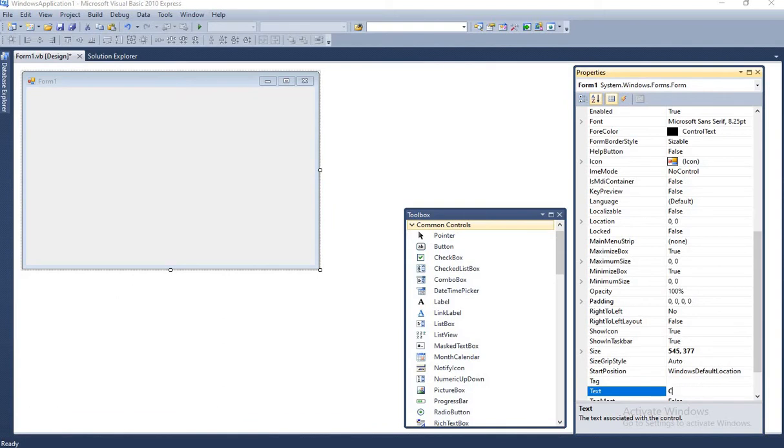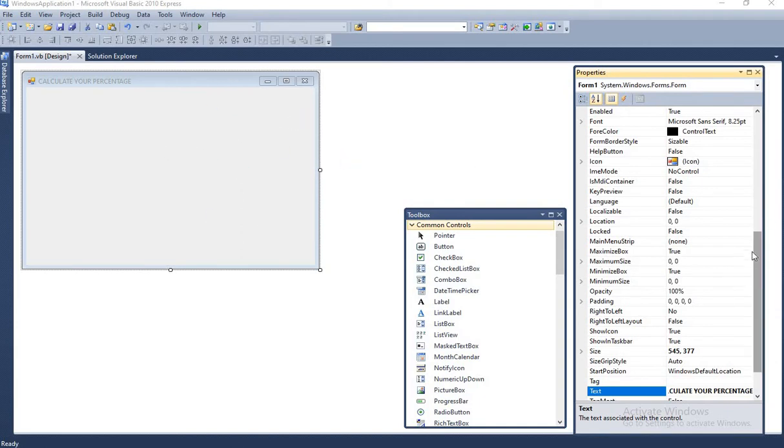Now we will change it to calculate your percentage. So I have written calculate your percentage over here. Then we have to change the background of this form.